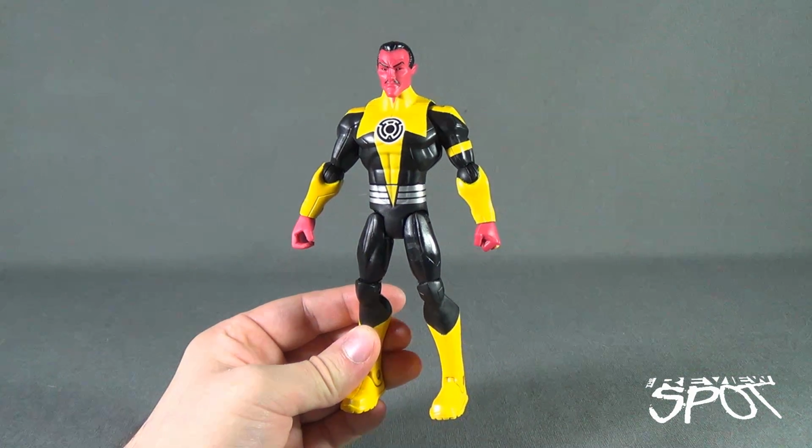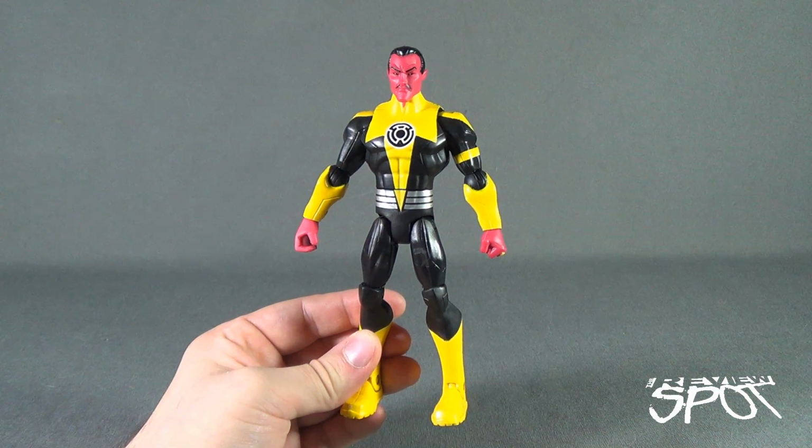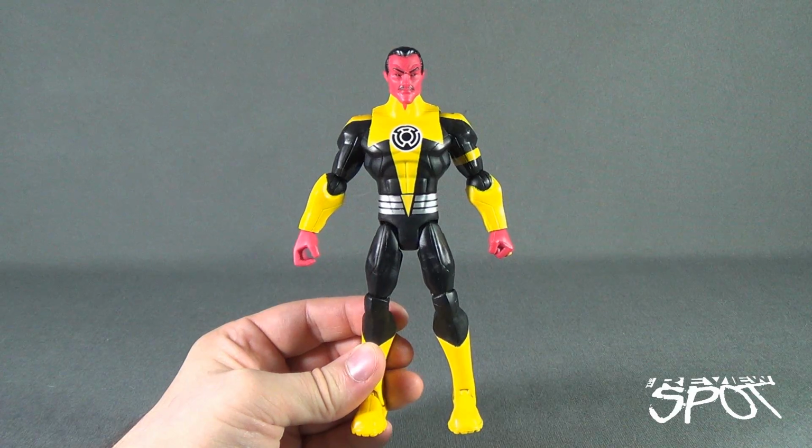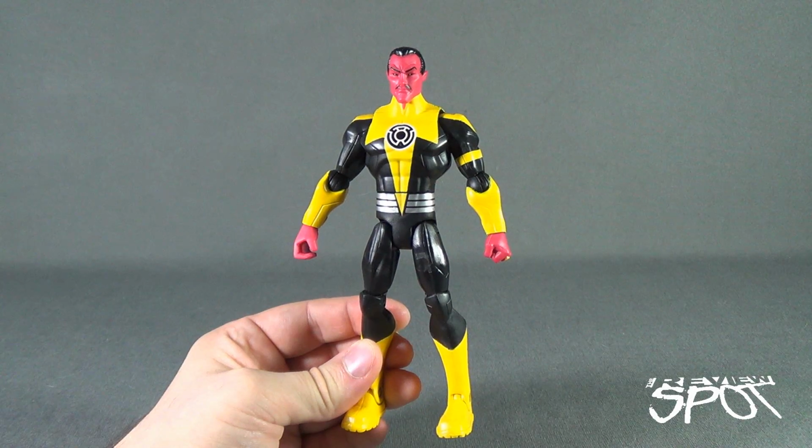Today on Toy Spot, we were having a look at the DC Comics Total Heroes Green, no, it's not. It's Sinestro Corps Sinestro. Stay tuned, guys. Spot's going to have more